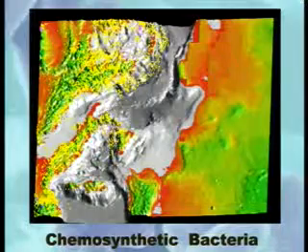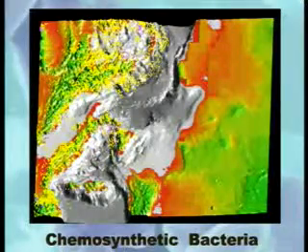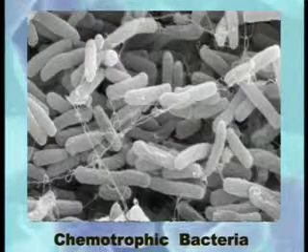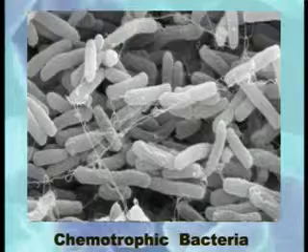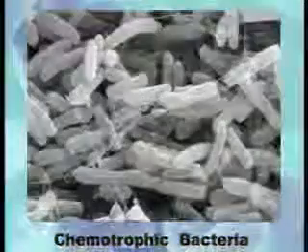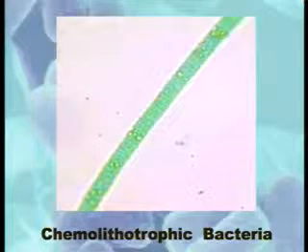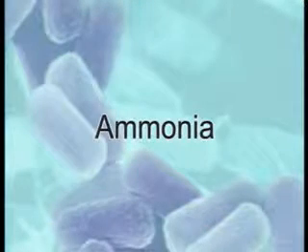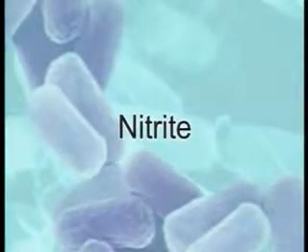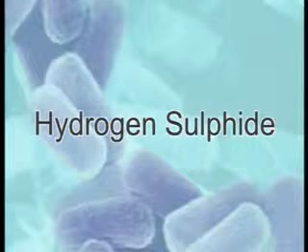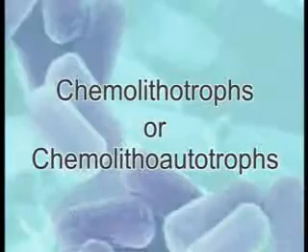Next we have chemosynthetic bacteria. Chemosynthetic or chemotropic bacteria are most abundant and are important geochemical agents. These are non-photosynthetic but autotrophic bacteria. Such bacteria derive energy and electrons from ammonia, nitrate, nitrite, ferrous ions, hydrogen sulfide, and other inorganic compounds for the synthesis of their food. Hence they are called chemolithotrophs or